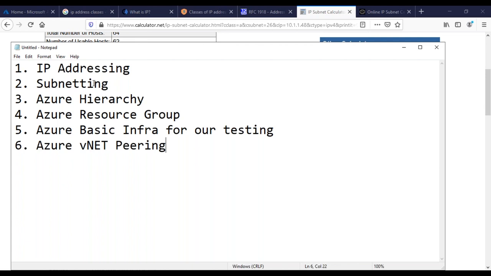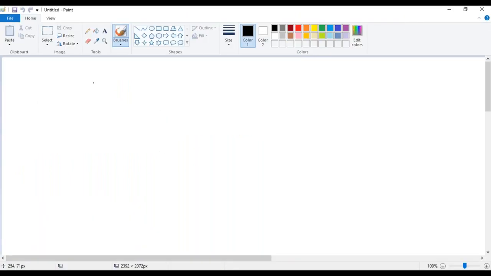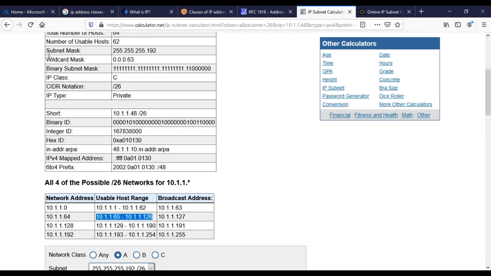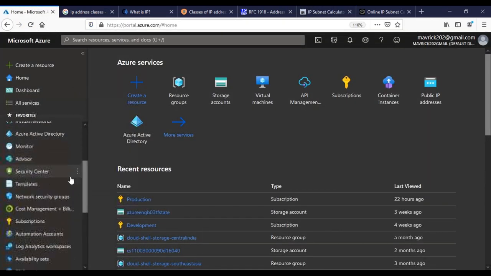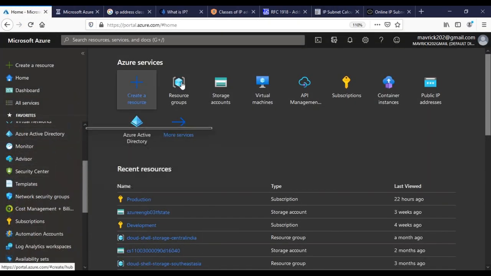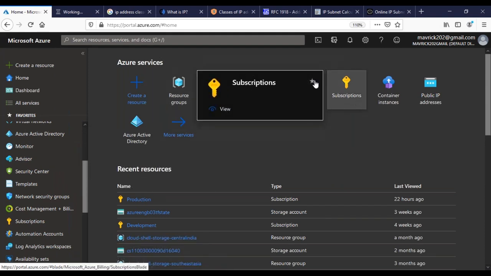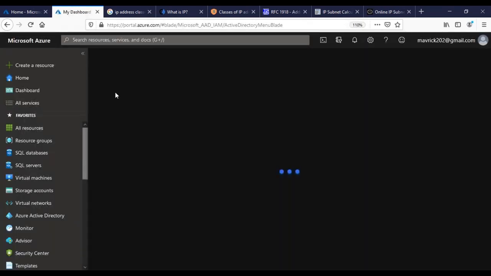So let me draw a diagram. When you first create an AWS account, sorry, when you first create an Azure account, by the way, you don't need to create a subscription, guys. You just create an Azure account. What you're going to get is something called Azure Active Directory. If I open that, you don't need to create any subscription. You're going to get an Azure Active Directory, and you're going to get something called a tenant ID.